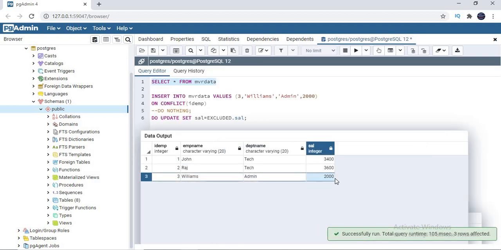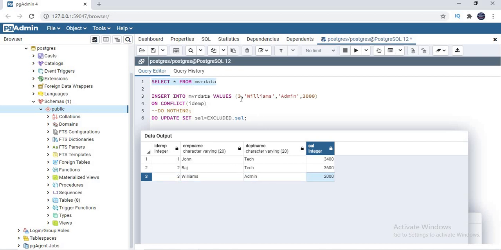2000, it has been updated. Earlier it is 3000, now it is 2000. Now if you remember, I am performing insert and update in a single shot, in a single query. So now let me try to run the employee 4. So in this case, let us see. So what I am doing is Kate, in a testing department, salary of 2500. Let us see now. So this 4 is new to the table.